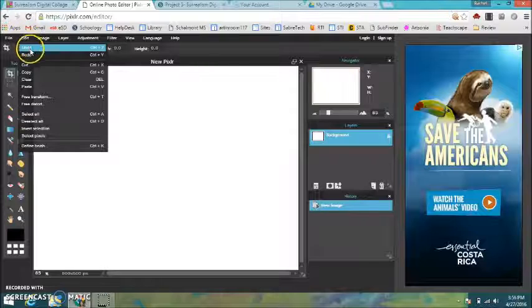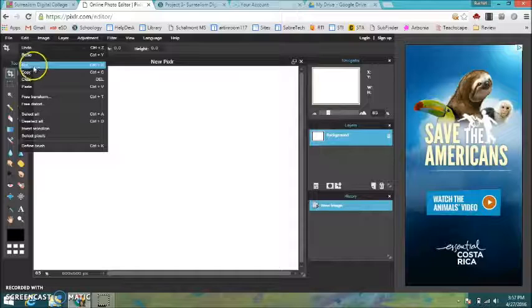When you go to Edit, it has my favorite button in the whole world, Undo, also known as Control-Z. So if you ever do something and you go, oh, that's not what I wanted to do, don't panic. Just a simple little Edit, Undo, or a Control-Z, and it'll undo whatever that last step was that you just finished. If you undo it and you realize, oh wait, no, I liked that, go back, you can just do Redo, which is right underneath that. Again, that one's Control-Y. These Control plus a letter, if you press the Control button plus that letter, it'll do that task for you. The more of those that you start memorizing and using over and over again, the faster you will start to go through your editing of your photos, and the quicker you'll become at this